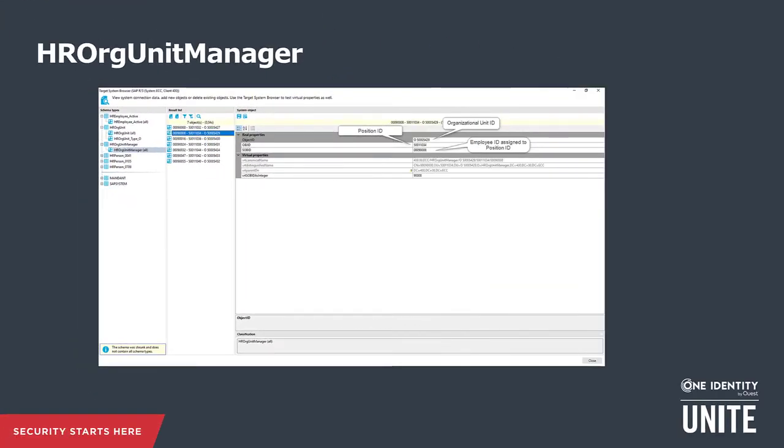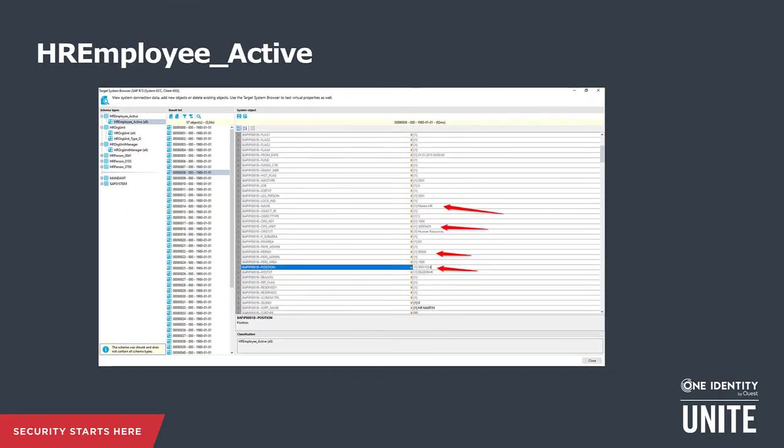When we look at the HR org unit manager, which represents the information who is the department manager, we will see the triple of objects needed to resolve this: the org unit ID, the position ID, and the employee ID. The HR employee active schema object contains the active employees.